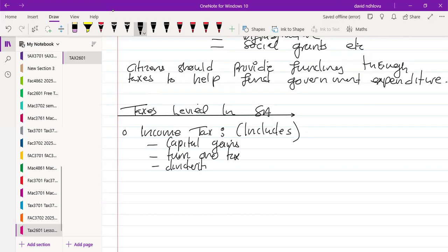These taxes are levied on income that is earned by the taxpayer. It could be an individual, it could be a corporate taxpayer like a company. When an entity earns income, SARS, or the government via SARS, will want a small portion of that, which is called income tax. For example, when you work for a company and you get your salary, there will be a small portion that is deducted to cover various taxes.